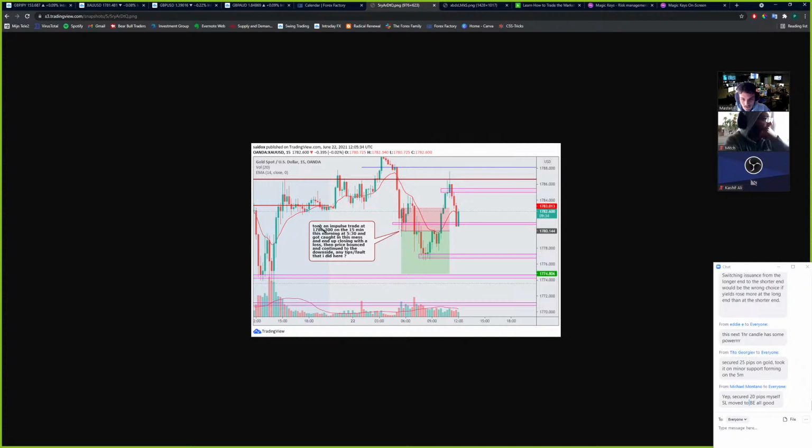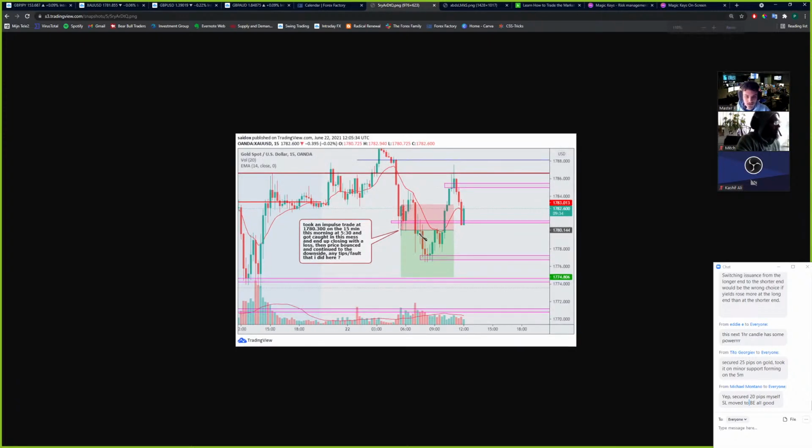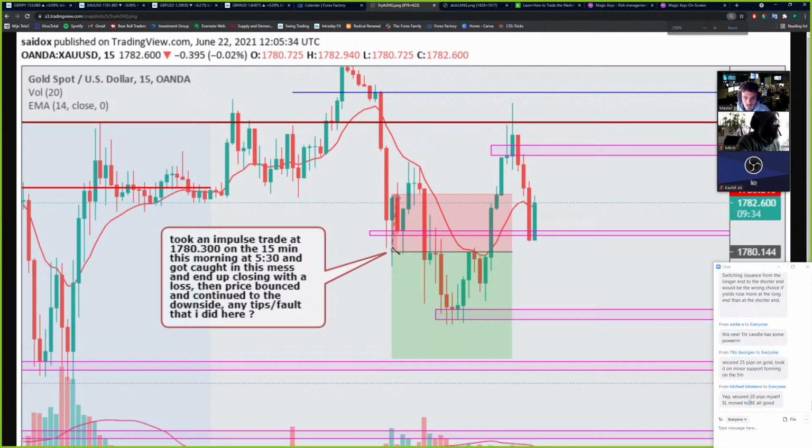Gold 15, took an impulse entry at 1780 300 on the 15 this morning. Got caught in this mess and ended up closing with a loss. Then price bounced. Where was this? At the break of that low. Oh, okay. I think I was looking at this same idea, but I think what you could have done,